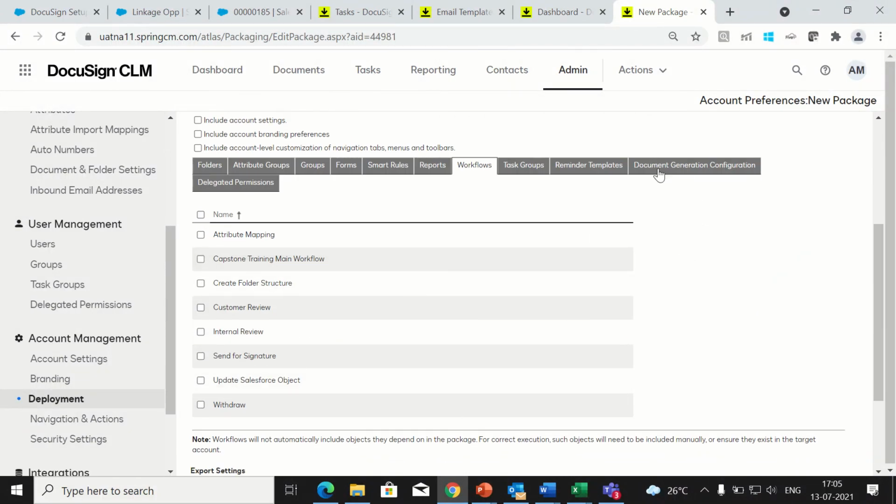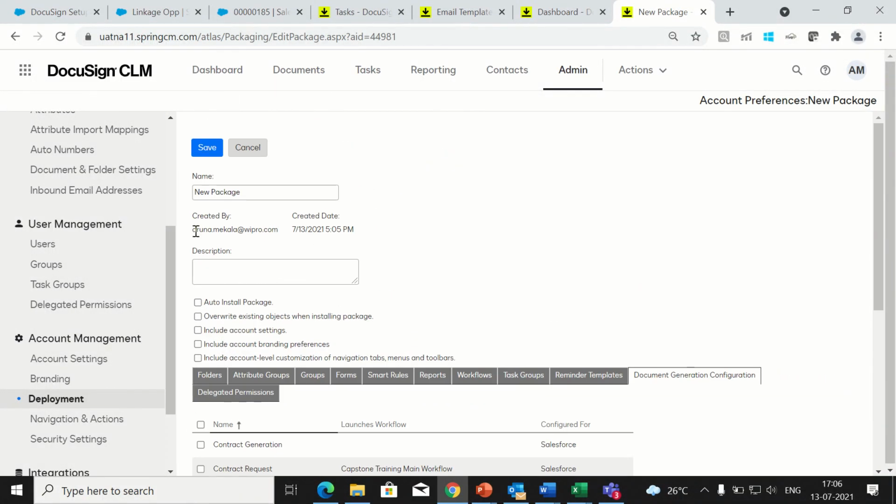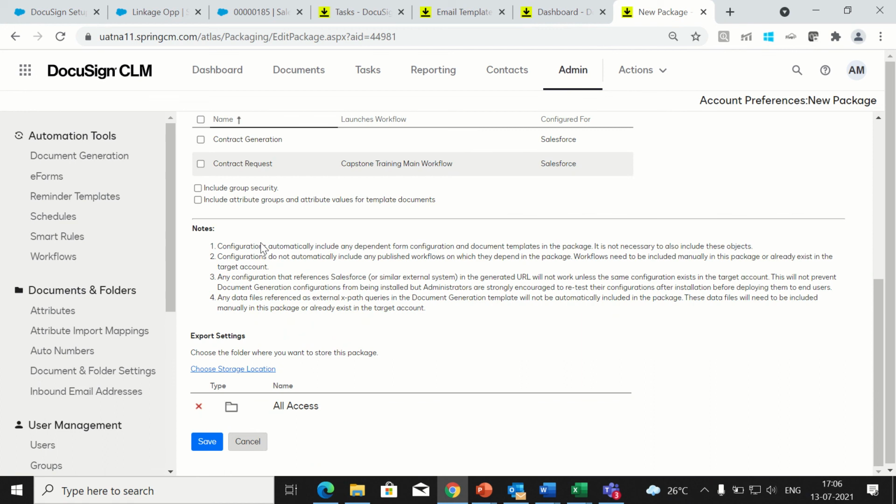Along with the document generation configuration, the form libraries and the workflows will be taken, grouped into a package, and stored in this all access folder.